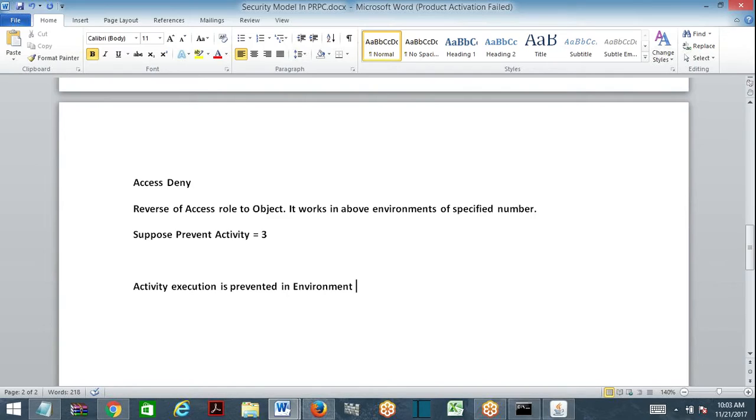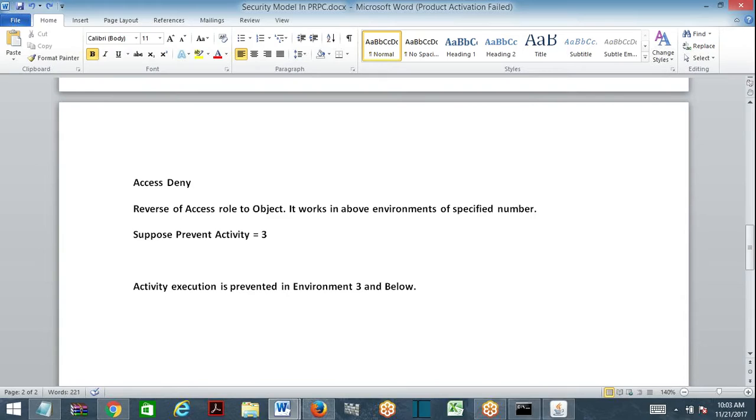Access when, I'll tell you. Role to object, prevent activity 3. What does that mean? Activity execution will be prevented for 3 and below. Correct? Access role to object, prevent activity execution is 3, means activity execution is prevented for 3 and below. So that is for positive. Now it is negative, deny. Access deny 3 means access is denied for 3 and below environments.